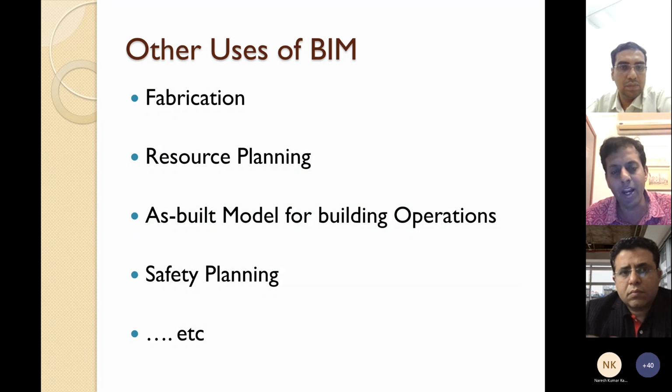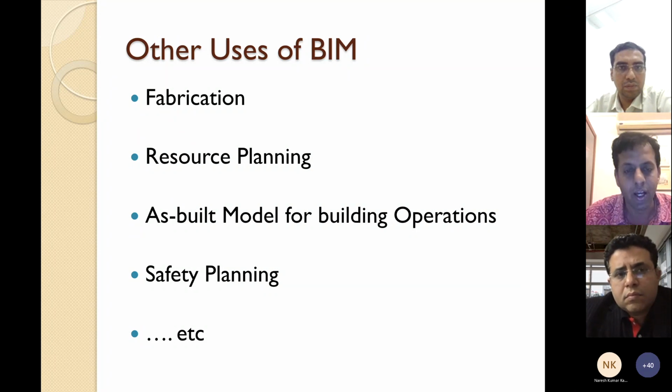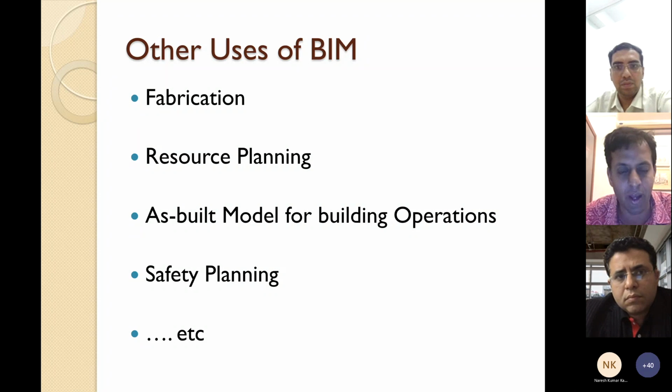And the reason the common data environment is the low-hanging fruit is because it's one of the simplest things that you can implement, right? Unlike building a 3D model in a software, which actually involves knowledge about that software, some amount of training, etc. Common data environments are far more intuitive. Yes, of course, there's a cost to the software package that you'll buy, but once you've bought it and installed it, or once you've put it up where people can access it, the ability to use it is extremely high and extremely easy. You do not need complicated training on it.